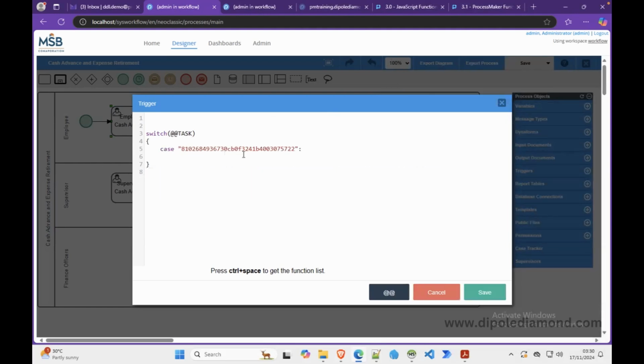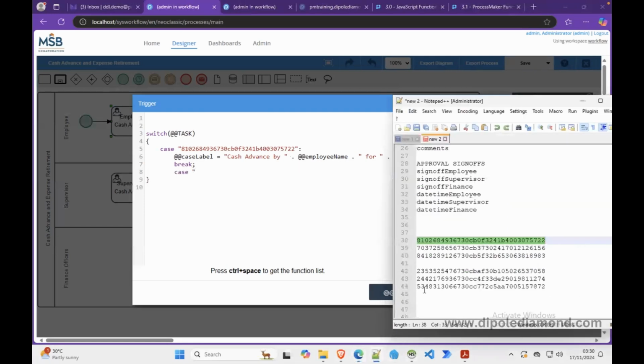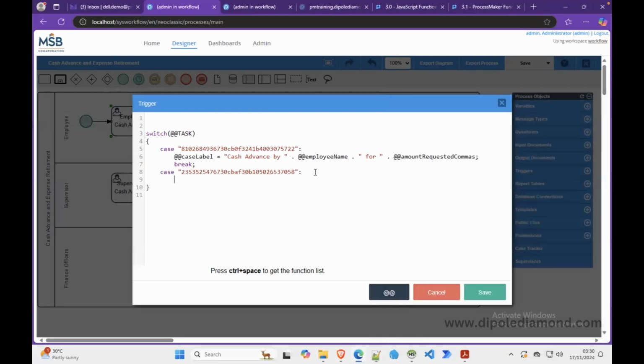We can set the case label to be this, and then we break. And then the next case, which is the first task in the expense leg, let's copy that. And this time around,